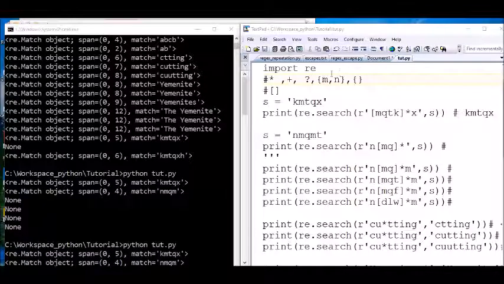This quantifier gives the minimum and the maximum. You could say between 5 and 10, I mean from 5 to 10 characters.